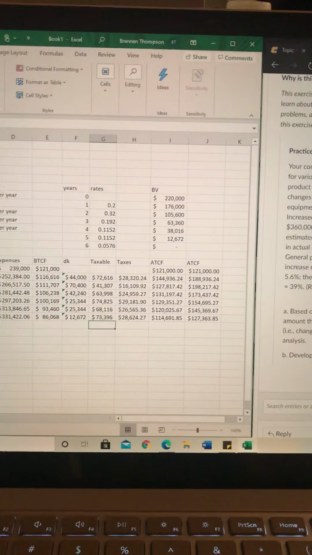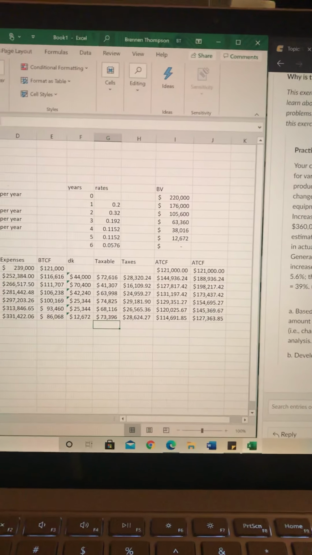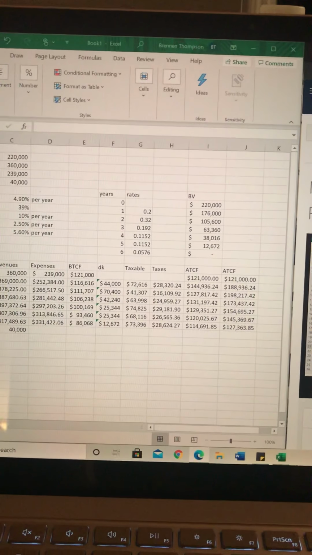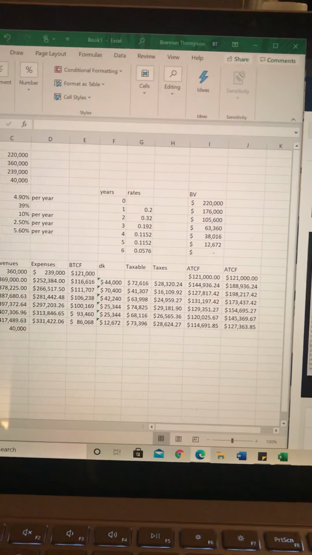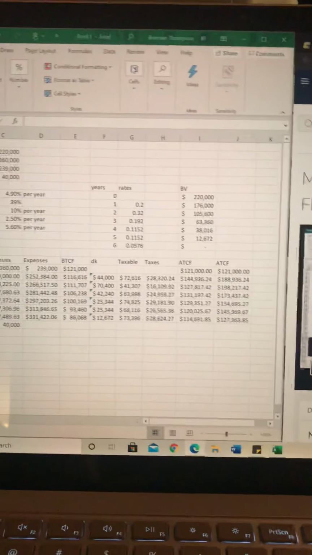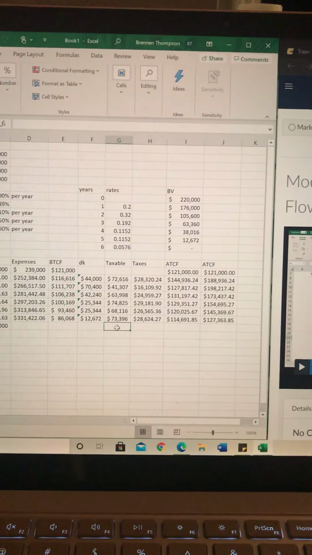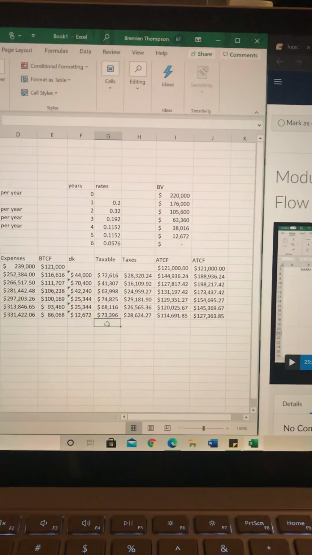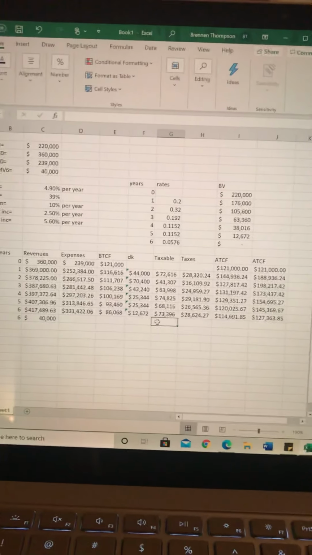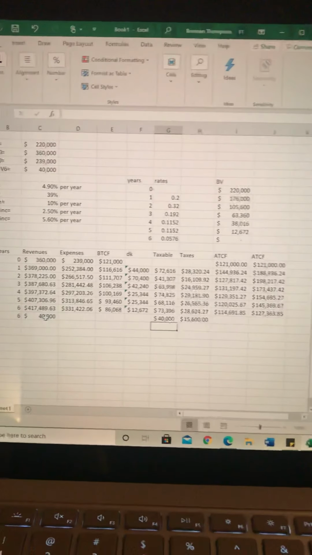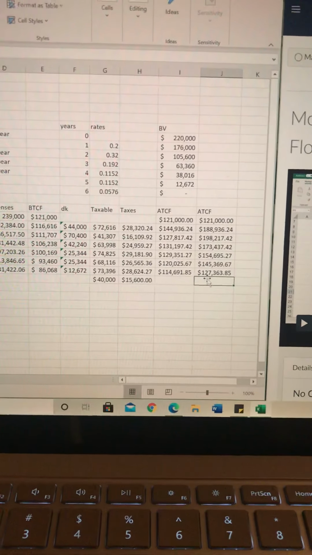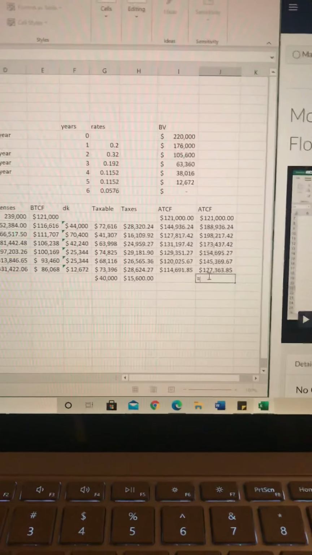But we're going to account for this value here changing. Oh, but we actually need to find the taxes for the market value at the end of the 6 years. So this is going to be equal to this. So that's going to be that value. So we're going to do here, we've got to add